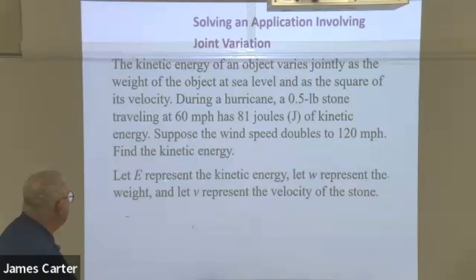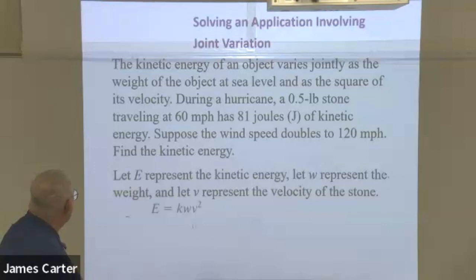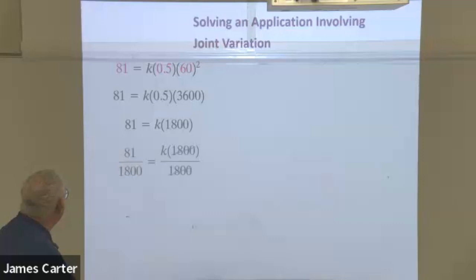E is the energy, W is the weight, V is the velocity. So we have three different variables, so we have joint variation. Okay, there's our formula. Here's the substitution. The arithmetic, 60 squared, just bring down the 0.5, multiply those two together, half of that is this. Now divide both sides by 1800,